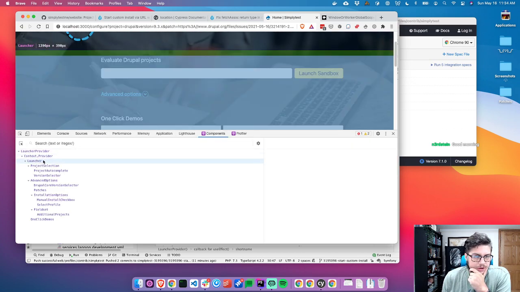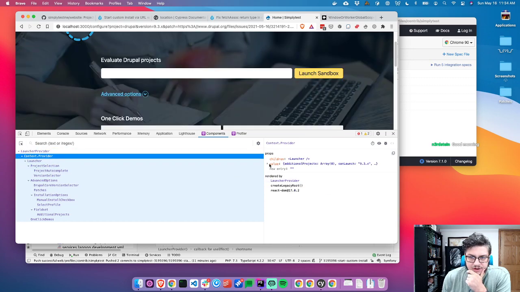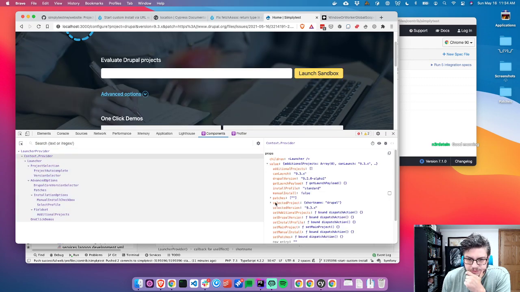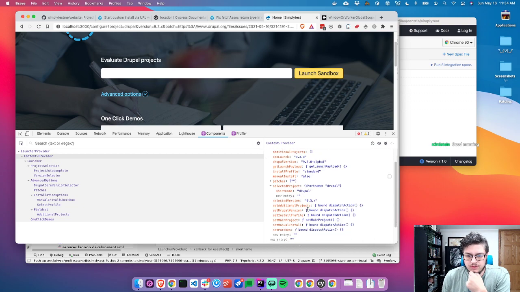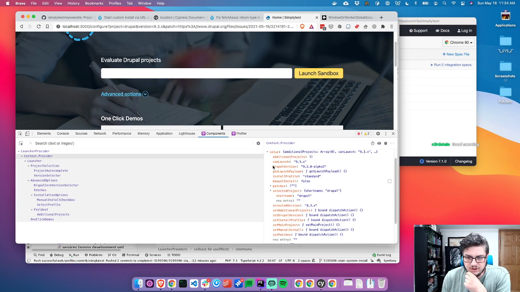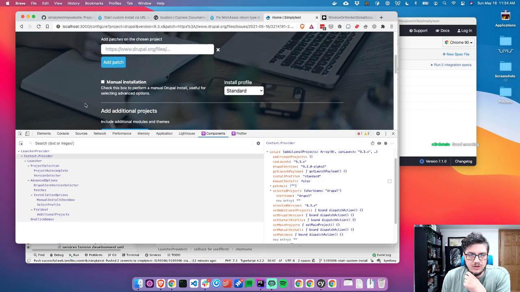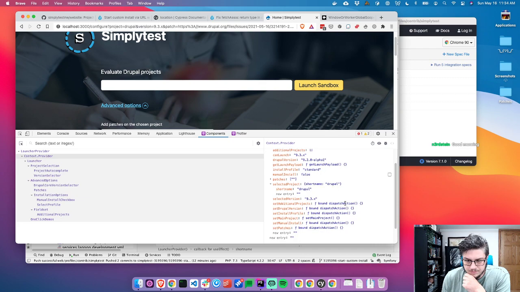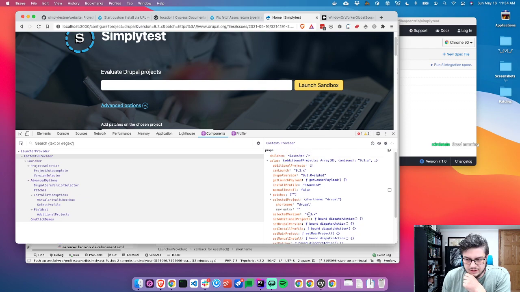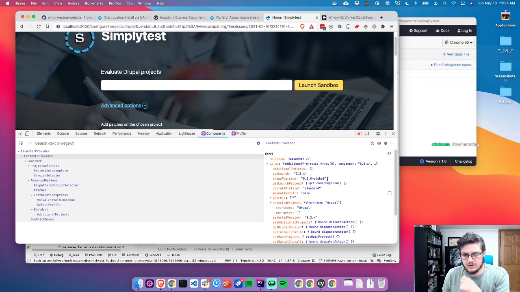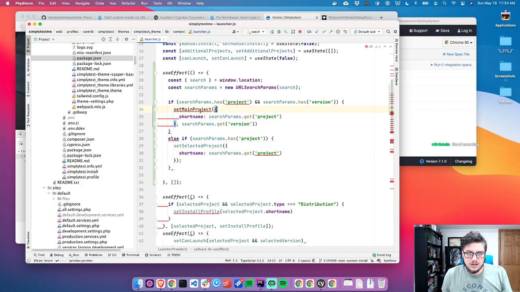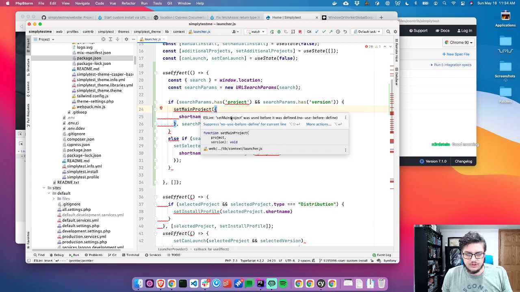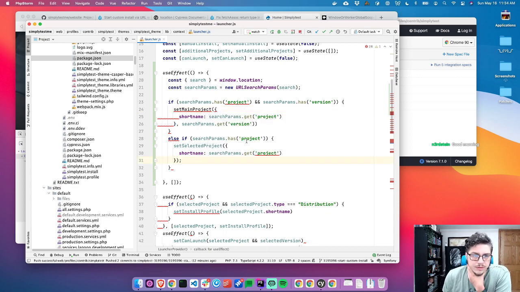So if I look at our components and we look at the provider value, selected project short name is Drupal, patches is there. So we're setting it, but it's kind of broken. We've got the right selected version, install profile standard. It was used before it was defined. Yeah. So I feel like we need to pass in